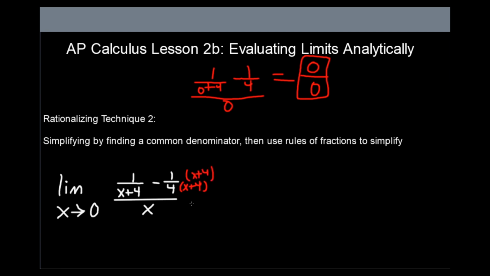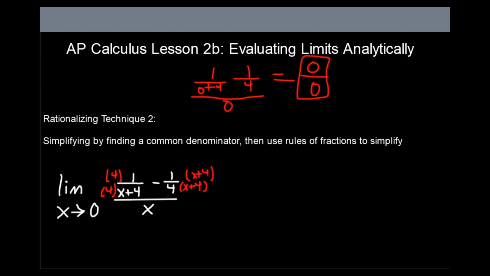That's how you subtract or add fractions. They have to have the exact same denominator to subtract. And then, since this does not equal the same thing on this side, you have to multiply this side by 4, and then this side by 4. Okay, so now that you do that,